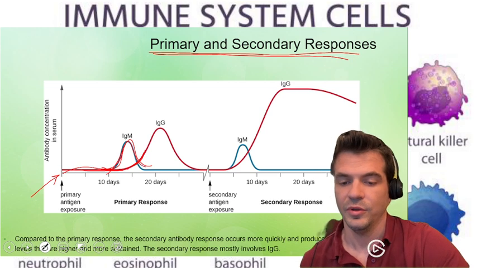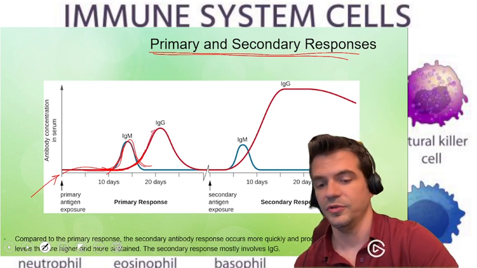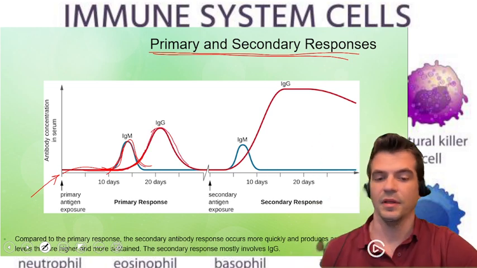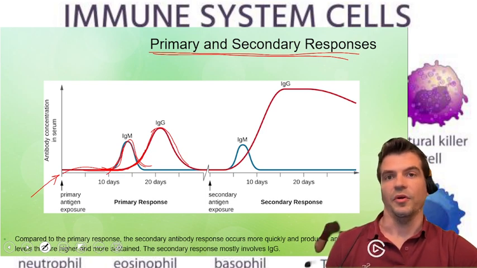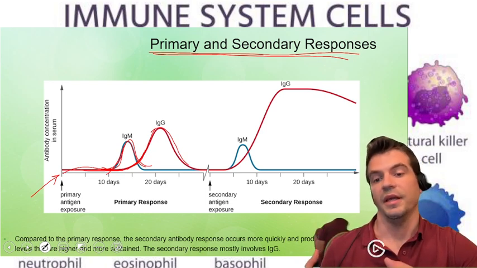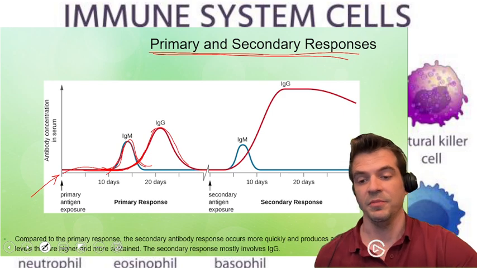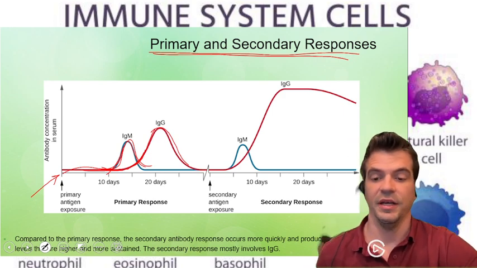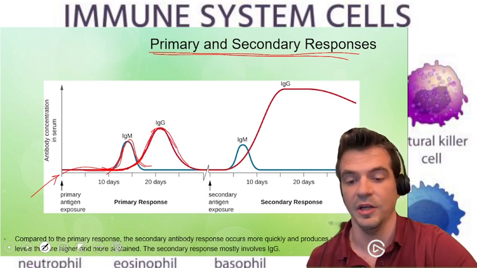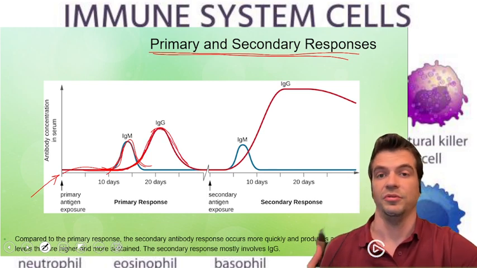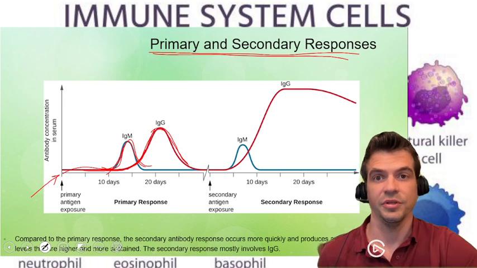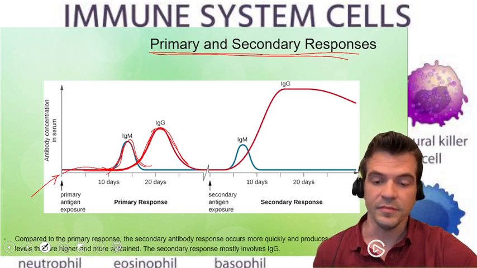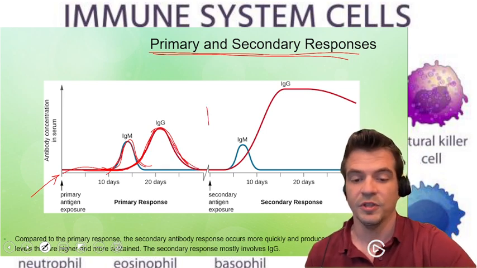It's a little slower, but it's also higher. All right, and so that's our primary response. IgM, the pentamer, starts to detect the pathogen, and IgG tags along and helps finish the job through opsonization, neutralization, agglutination, all of the above. Okay, then we're exposed again,